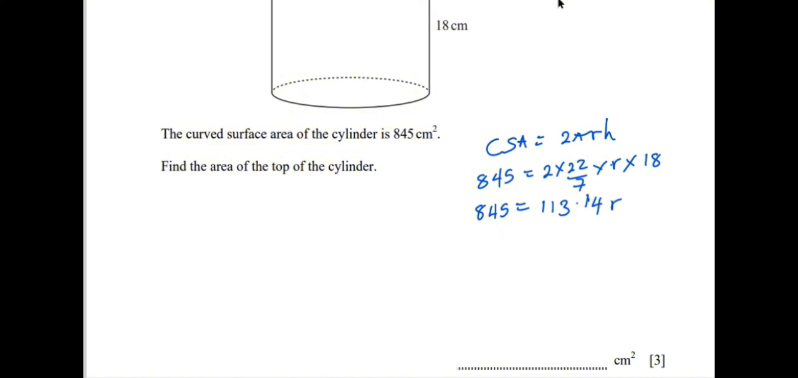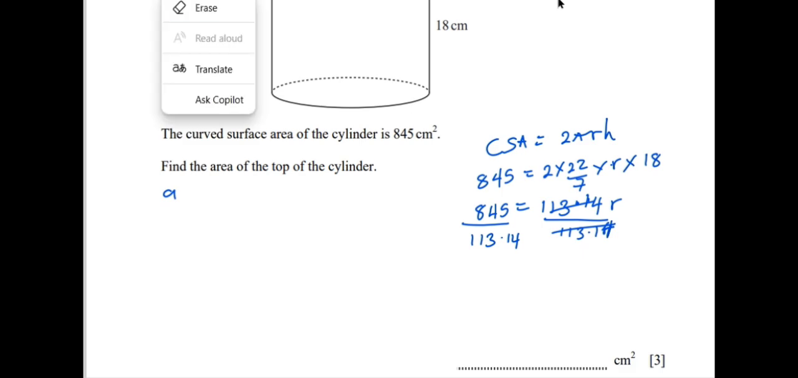Okay, so when you divide both sides by 113.14 over 113.14, this and this will go. You have your R. So your R will give you... So let's calculate that and see what we have as our answer. 845 divided by 113.14. So that will give you